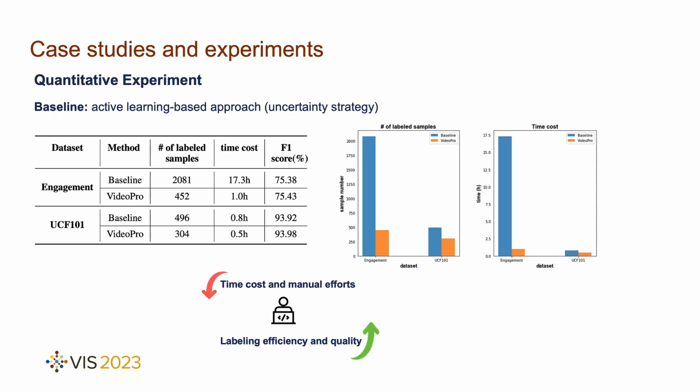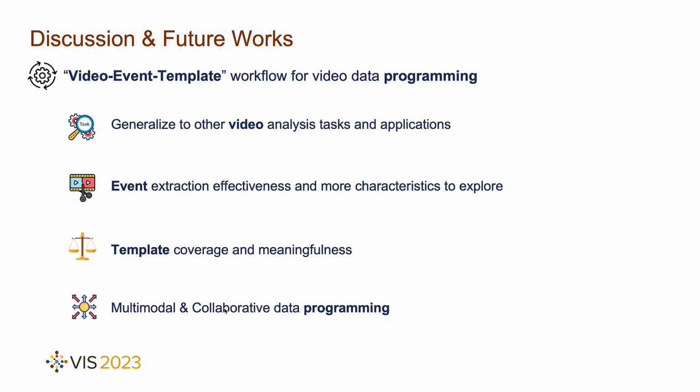Following the 2 case studies, we further conducted a post-analysis to quantitatively compare the labeling efficiency of VideoPro with an active learning-based baseline approach. The baseline approach utilized the widely used uncertainty-based strategy. The time cost for the baseline approach was estimated based on the average needed time for labeling videos by domain experts through literature and actual measurement. The experiment results proved that VideoPro incurs lower labeling efforts and time costs than the baseline approach to attain comparable levels of accuracy.